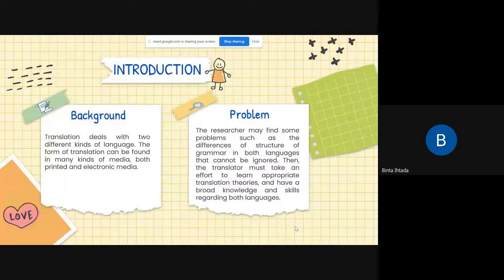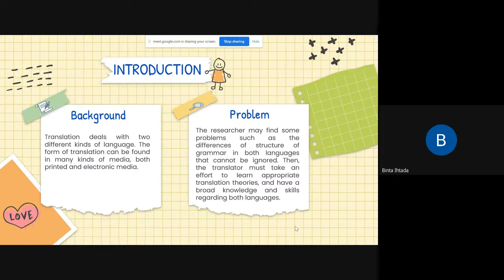We come to the introduction. Translation deals with two different kinds of language. The first is the source language, or the language that is about to be translated, and the second one is the target language, or the language that becomes the target. The form of translation can be found in many kinds of media, both printed and electronic. In print media, translation can be found in books, literary works, or legal documents. In electronic media, we can find it in movies, news broadcasts, and TV shows as products of audiovisual translation, where the voice and text are translated into the target language in the form of